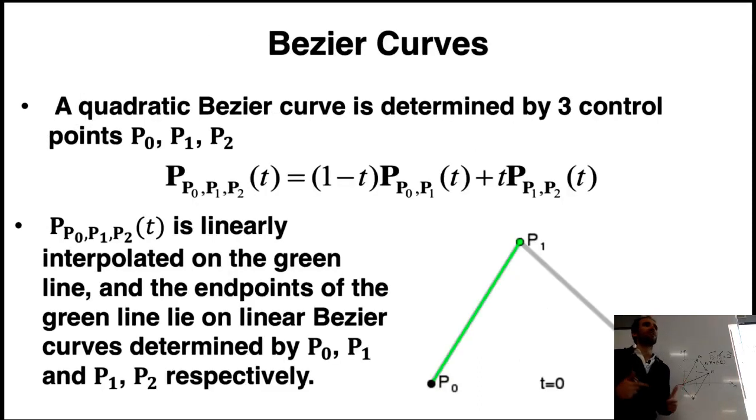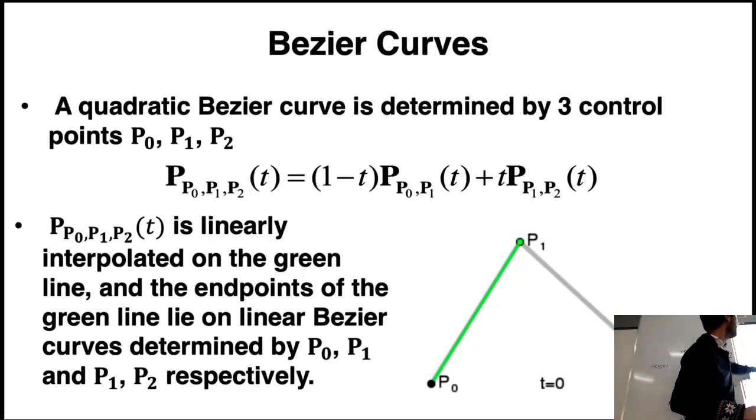Now that we've refreshed the concept of vectors, let's say that I want to make a smooth curve using the Bezier idea. And the Bezier idea is that you can have a control point